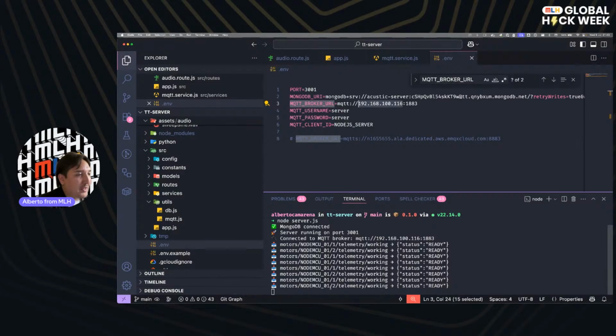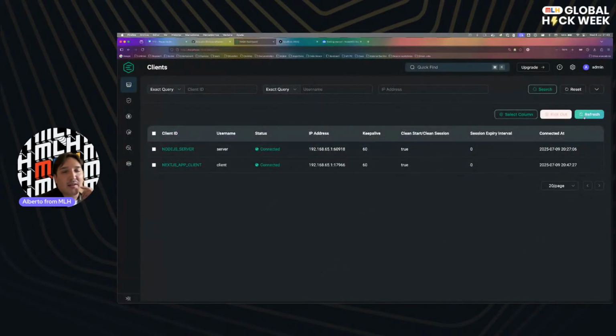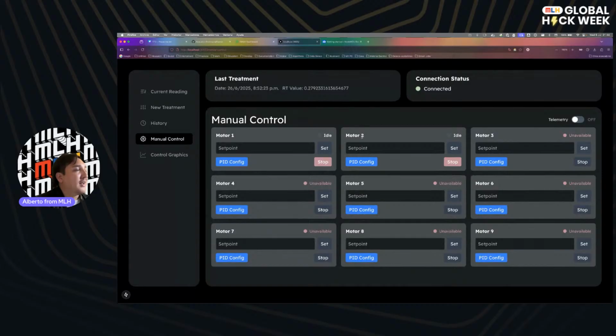We have the telemetry for Node MCU1, which is the board where we connected, saying that the status is ready. Let's explore on the clients, and if we refresh it, we can see that we have the Node MCU client ID 1 as connected. And finally, we will see that in the interface that we were checking, we can now interact